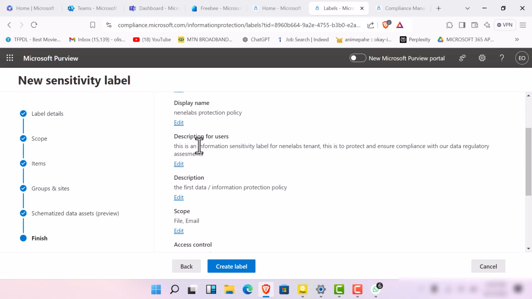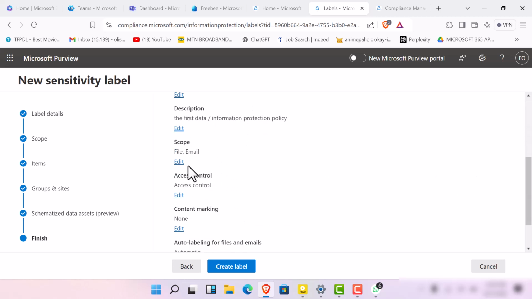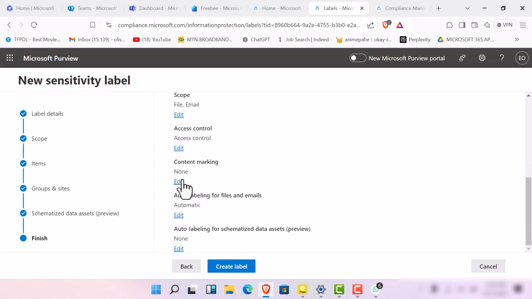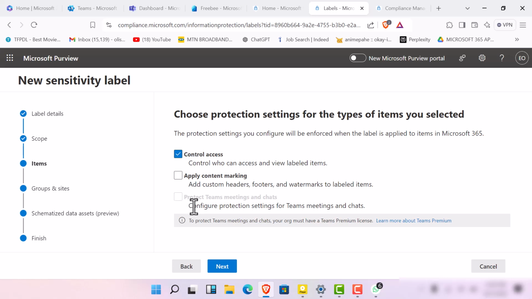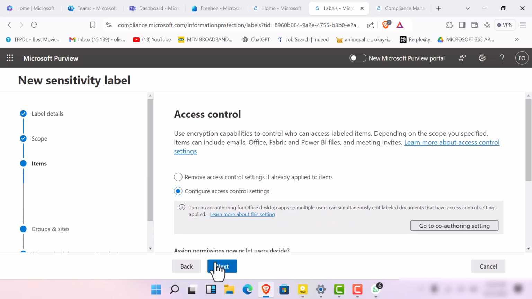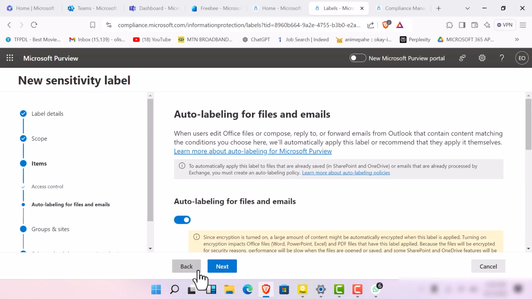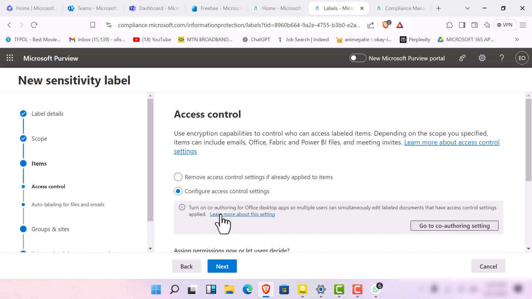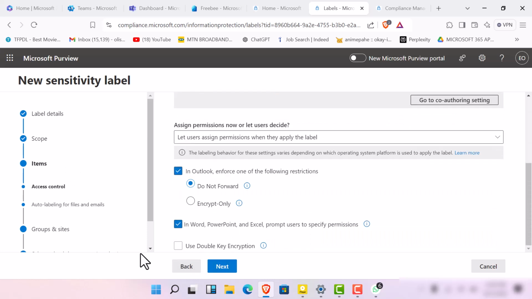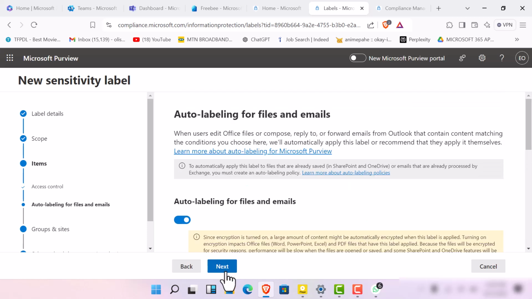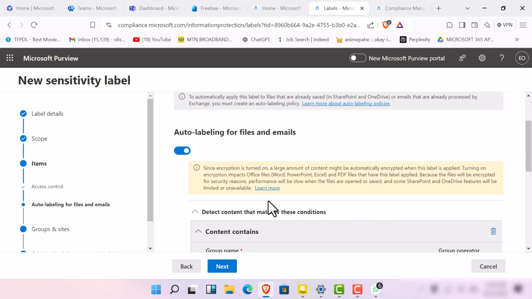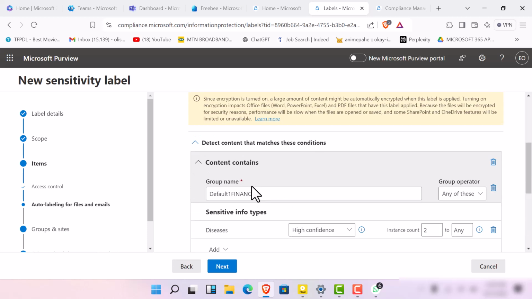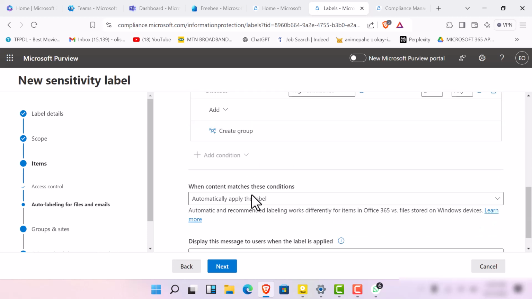Data protection policy, description for users, you review this, scope, file and email, access control, content marking. Let me see. Okay. Let's go back. Let's tweak this a bit. No double key encryption. Auto labeling for files and emails. I can decide to enable